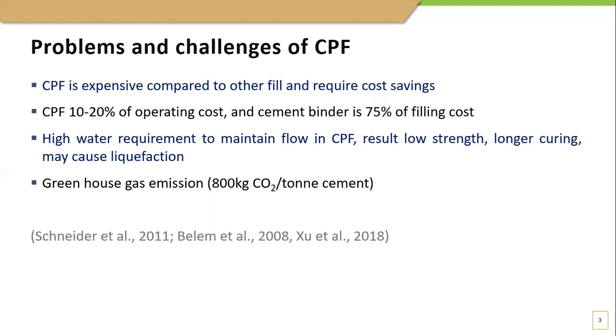And also the production of cement uses a lot of energy. The calcination process of converting calcium carbonate to calcium oxide consumes a lot of energy. So for every ton of cement produced, around 800 kilograms of carbon dioxide is emitted. So in a way, the cost of cement prompts the research into pozzolans, trying to use something else to replace cement so that the cost of cement can be minimized, and also the production to be minimized so that less carbon dioxide is